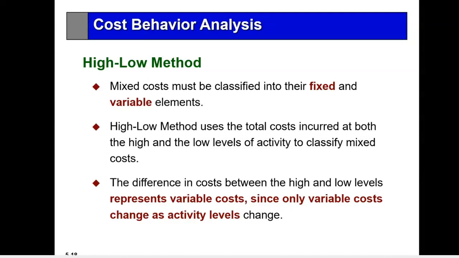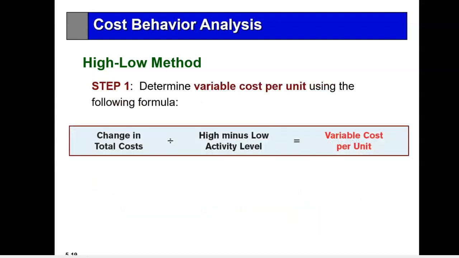We plot it for a 6-month period, and then we take the high level of activity and the low level of activity, and the costs at the high and the low. That difference represents the variable cost. For example,